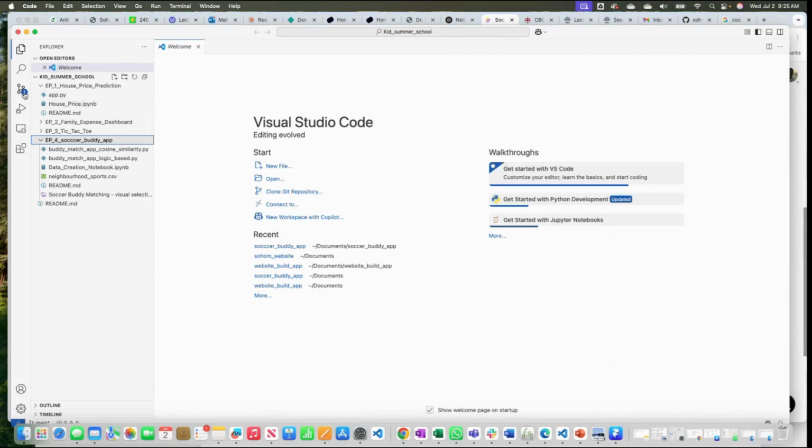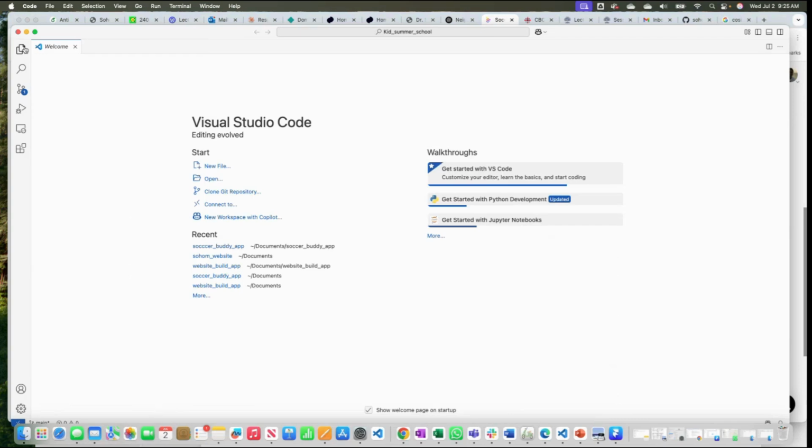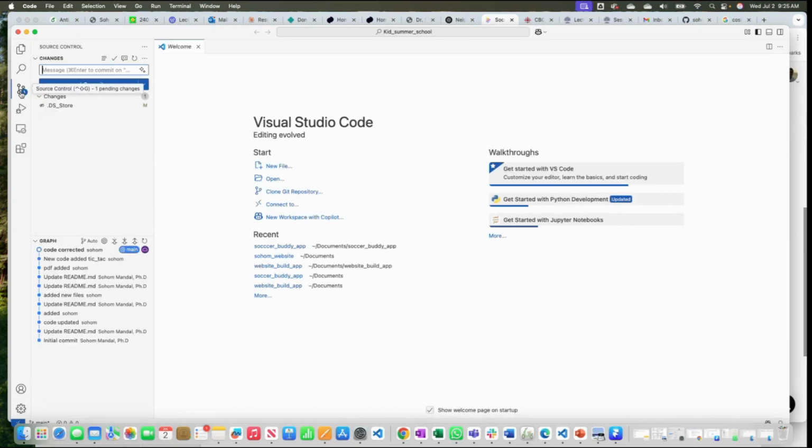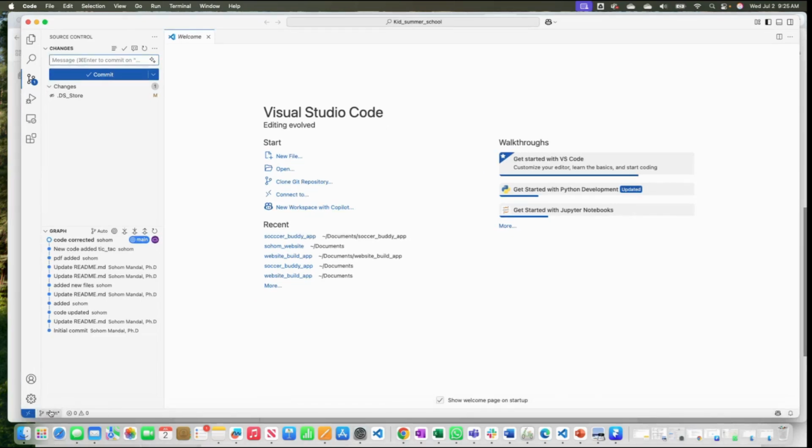I'll show you how to commit. If you go here, you'll see all the folders are there. Then you go to the source control area. It shows what code changed, and the branch you are on, the main branch. In here you just write "episode 4 code added" and then you click commit and push. So it will push the whole code